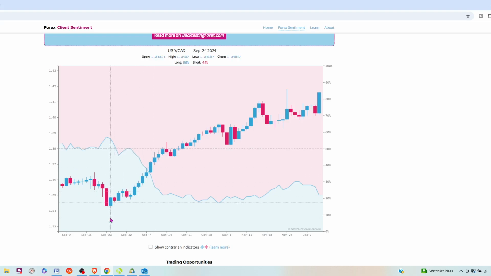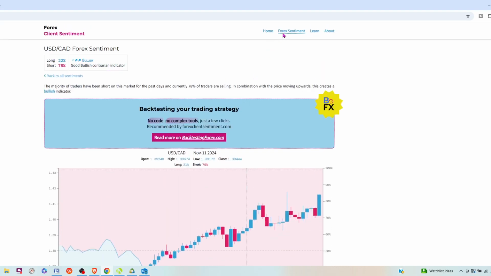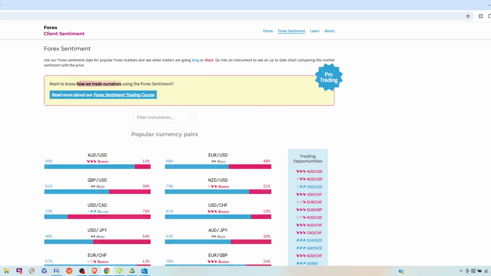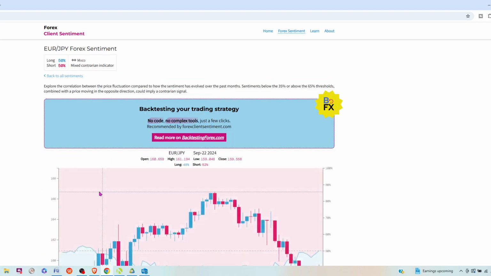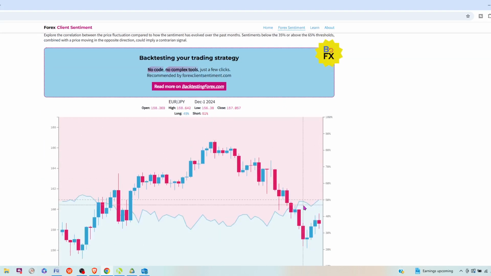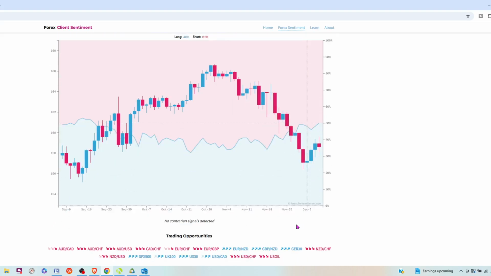So let's take something on my watch list. This gets back to what I was talking about last night. Let's look at the euro yen. That's one I had on my watch list. You can see euro yen right now, as of the last candle, is at 50-50, split right down the middle. Now, even though it's crossed from the red area into the blue,